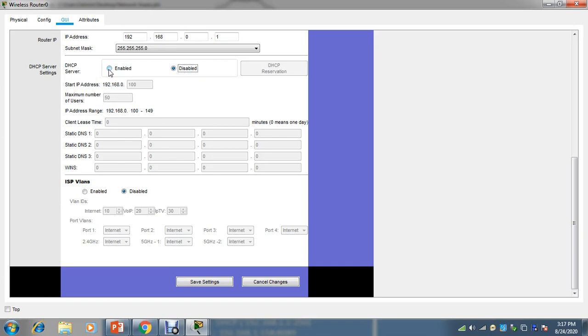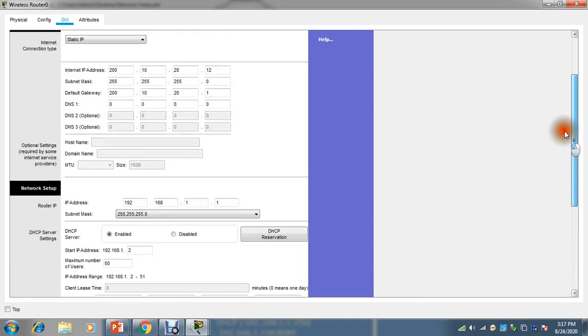Yes, we need to enable the DHCP server here. I am giving this only, 1.1. We'll see how it is taking IP addresses, and save this configuration. So it got changed, it came 1.1.1. And for the range you can define the starting IP address. So I'm giving from 2 only and saving it. This is the basic setup you have to do.